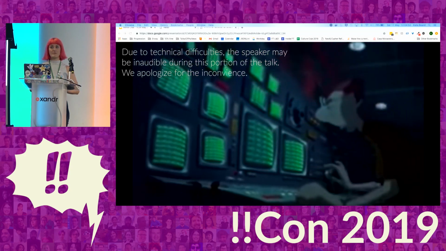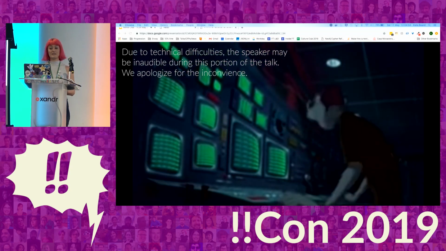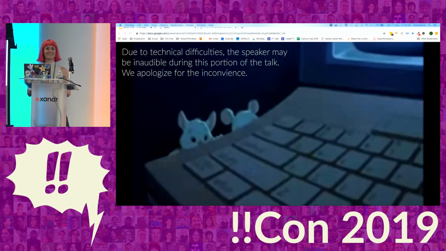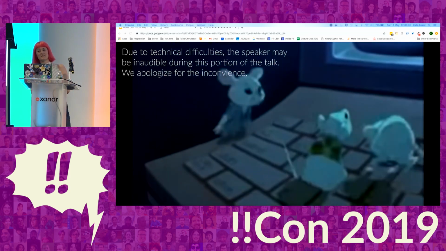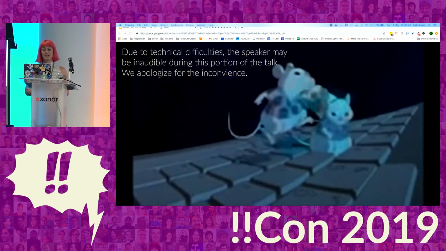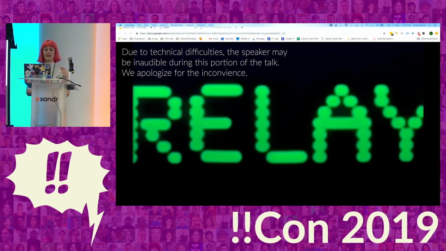So thankfully around that time, I was reminded of one of my favorite movies from my childhood, The Rescuers Down Under. Specifically, good Disney fans in the audience, the telegraph scene. So it's a movie about a pair of mice, Bernard and Bianca, who travel the world saving children from danger. And at the beginning of the movie,